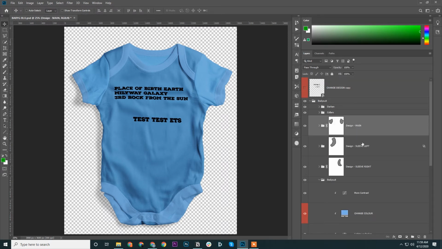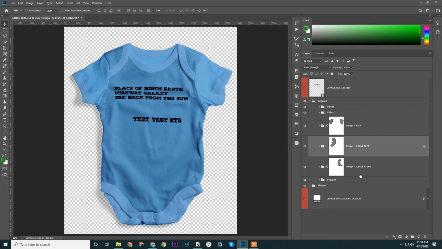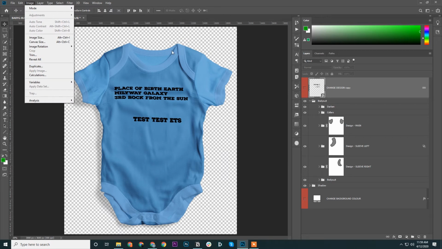Now once all these extra smart objects are rasterized, for the right and left sleeve, we could go ahead and run bulk mockup. It would run flawlessly. The other thing to note is, first, if you are using it for your web purpose, this one is an extra suggestion. You could follow it if you want. If not, you could move ahead.